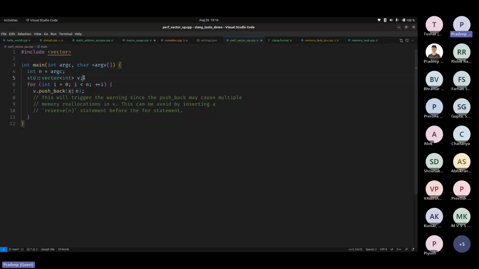It amortizes this growing by allocating double the memory space, and then double of that when it goes out of memory. So what you can do is, here you're iterating over a fixed number of iterations, so you don't have to do this sort of runtime memory allocation